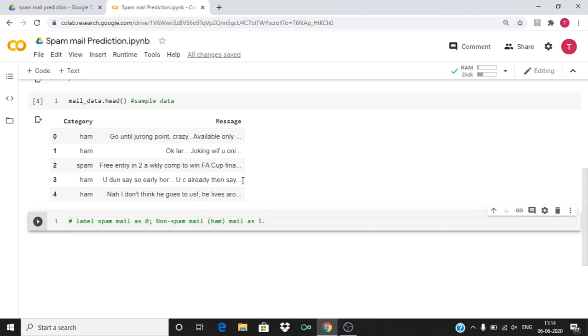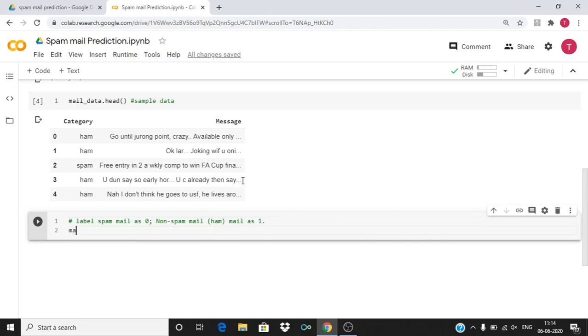So we need to change this category column into 0 and 1. mail_data.loc, which is for locating, is the function used for this purpose. mail_data, and you need to specify the column name, which is Category, equal to spam. If it is equal to spam, we need to specify that it should be 0, spam comma Category.